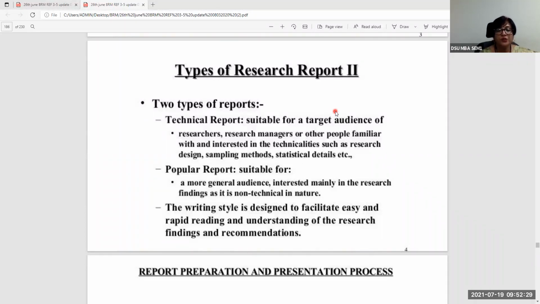So therefore you need to be able to balance the use of regular, normal language along with technical language. All right. And there should be a report which perhaps will be meant for the outer world, for the general public, if required, which will be more for a general audience interested in understanding research findings. And the simpler version of the report can be very non-technical in nature.